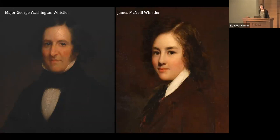He'd been in St. Petersburg with his parents for a few years when he contracted rheumatic fever and had to go to London to live with his half-sister and recover. And while he was in London, he had a chance to see wonderful art exhibitions and to study the etchings that were in the collection of his brother-in-law, Seymour Hayden. And all of these experiences solidified,